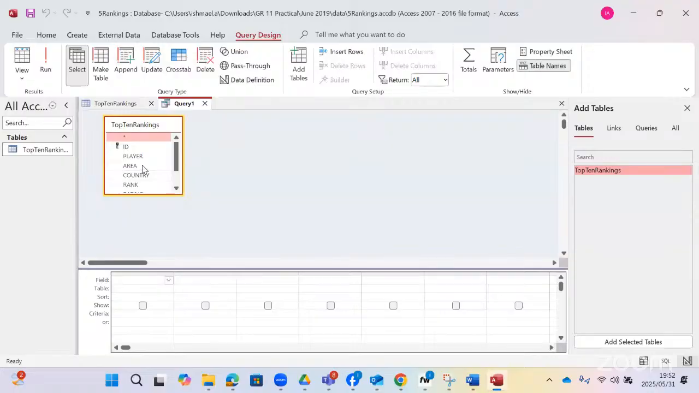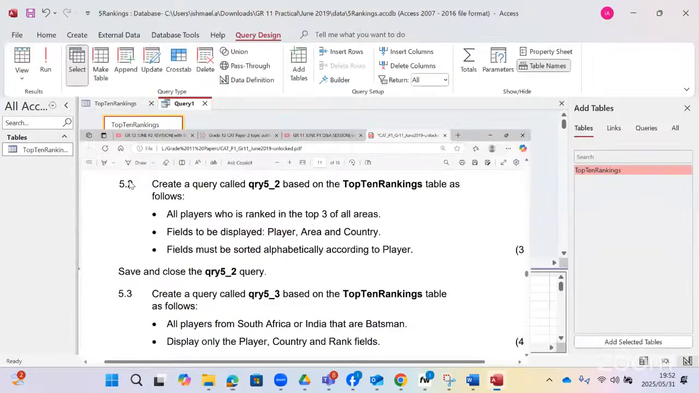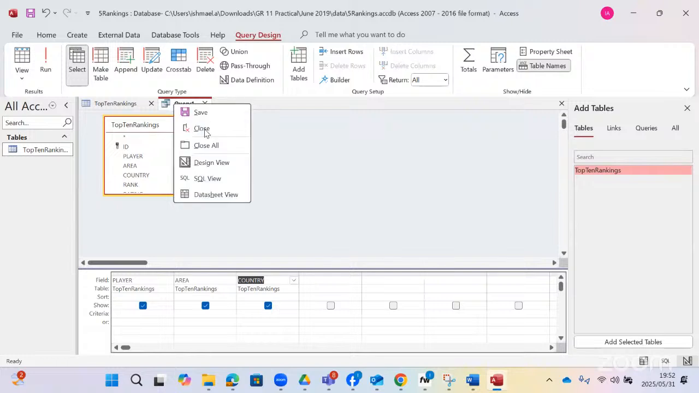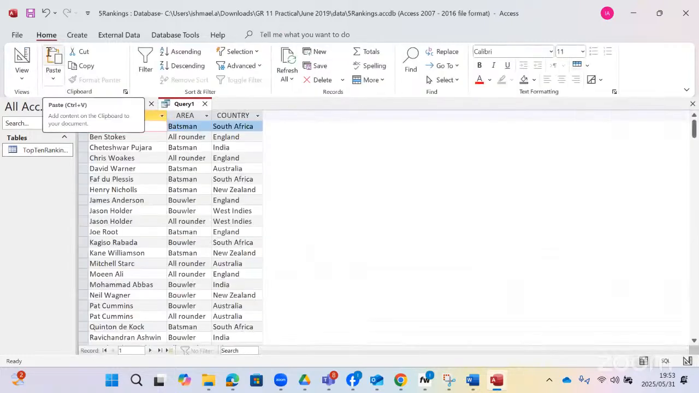So you choose the fields from here. First one should be player, you double click. Second one should be area, and then third one is country. After that, run it. You see run, or you can open it in design view, or you run it. Now,